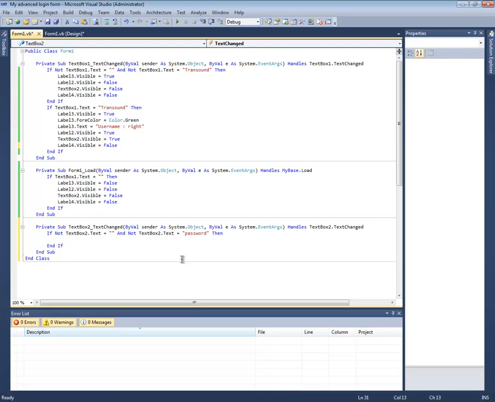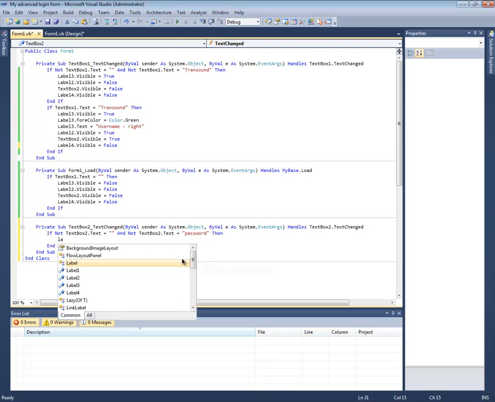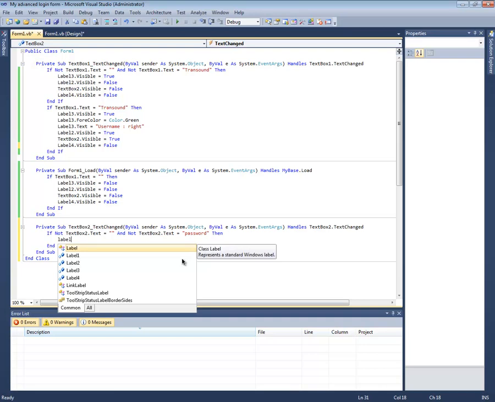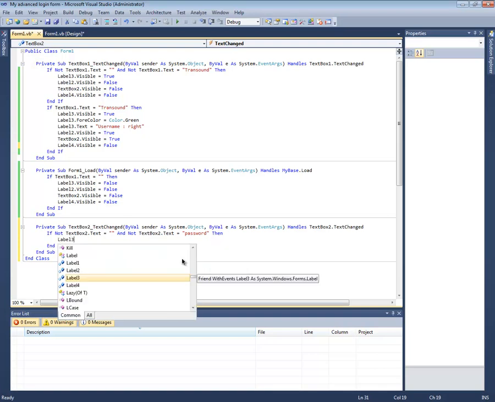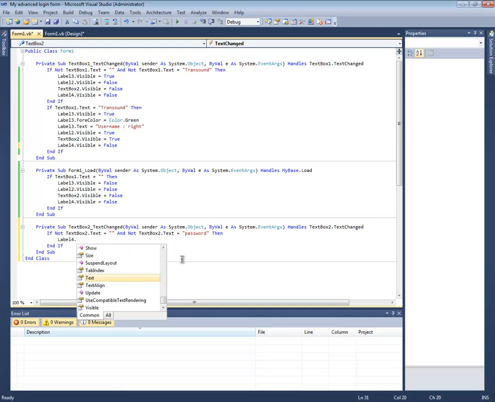Then the label 3, and the label 4 will be visible,